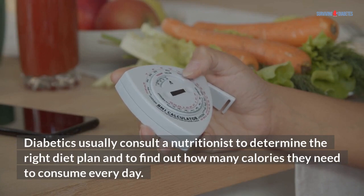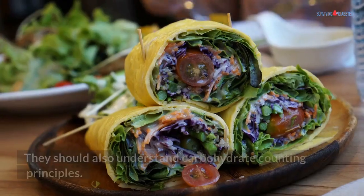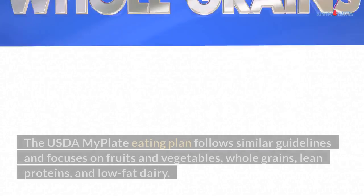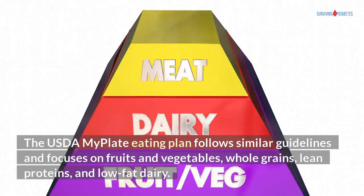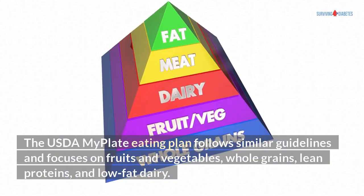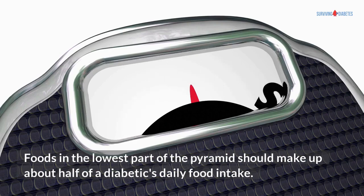Diabetics usually consult a nutritionist to determine the right diet plan and to find out how many calories they need to consume every day. They should also understand carbohydrate counting principles. The USDA MyPlate eating plan follows similar guidelines and focuses on fruits and vegetables, whole grains, lean proteins, and low-fat dairy. Foods in the lowest part of the pyramid should make up about half of a diabetic's daily food